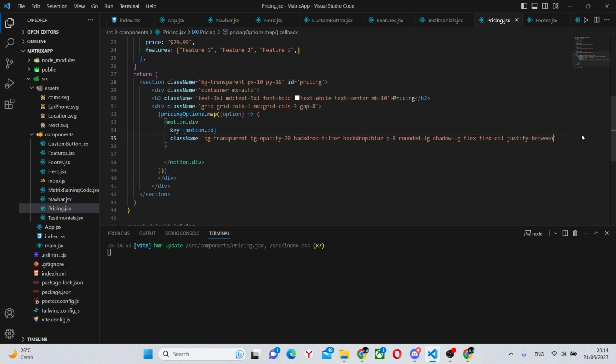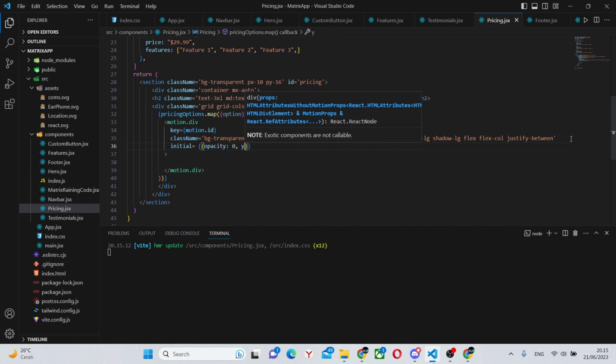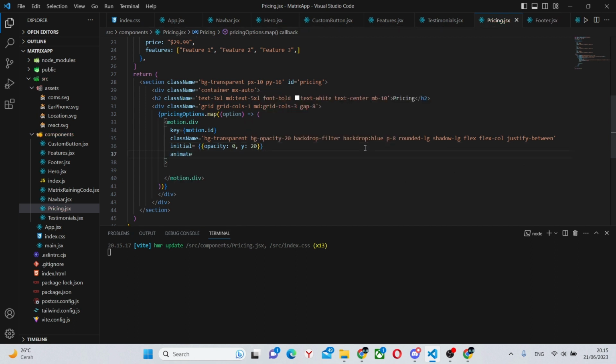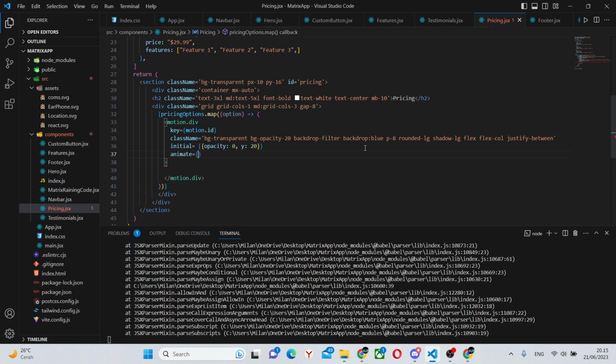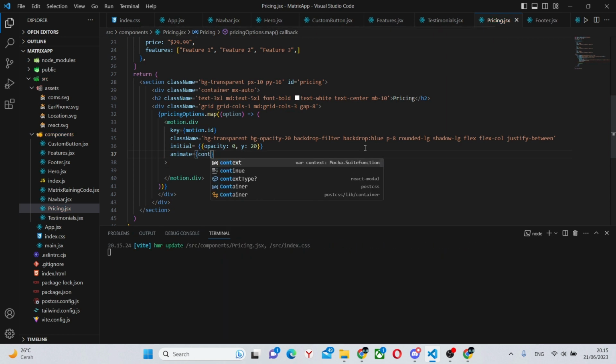All right, in here we'll have our usual animation, so we can say initial equals, like this, opacity 0, y of 20, and for animate we'll have controls as before, like this.